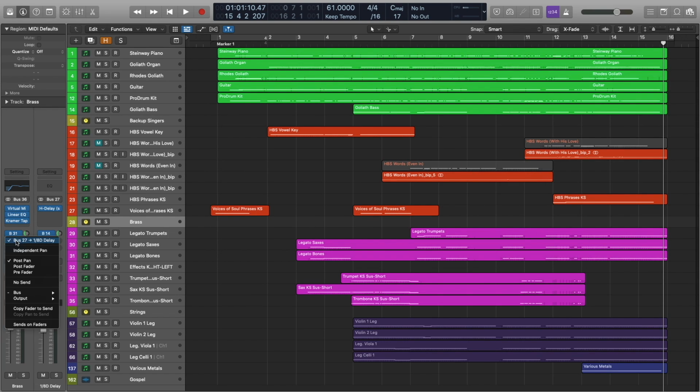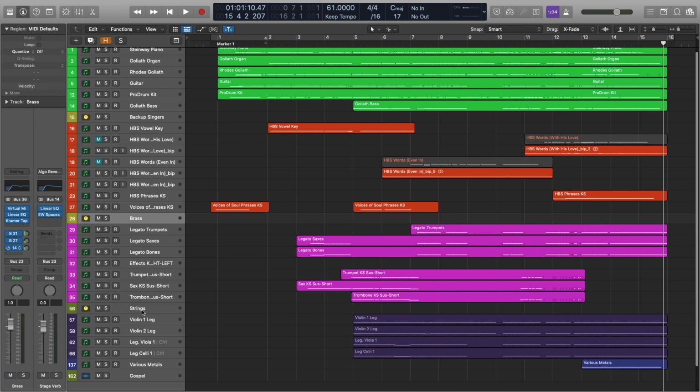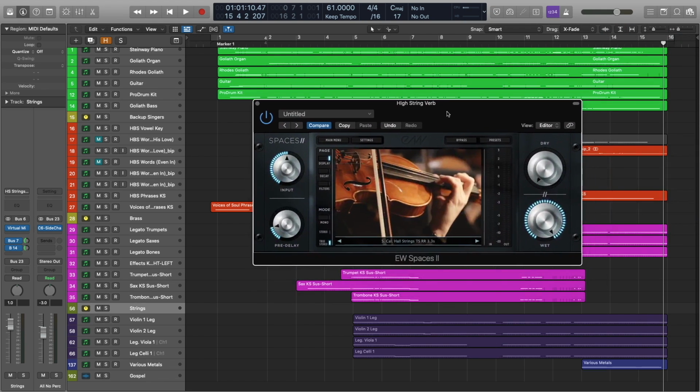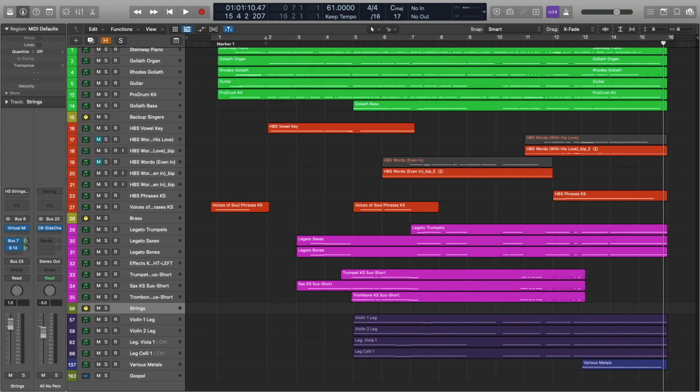It is also being sent to a delay as well as to our stage reverb. And finally, our strings are being sent to the Southern California Hall string-specific impulse, as well as to the stage reverb. Okay, so that is going to do it for the piece.